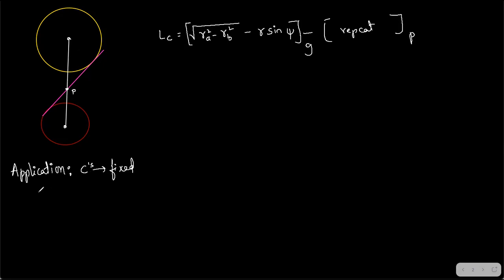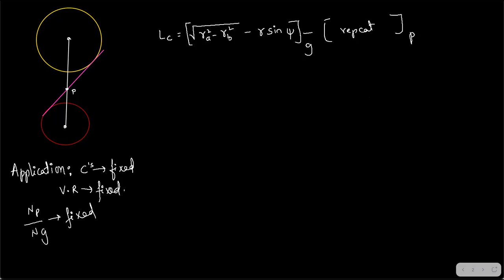And what else is fixed for a given application? Velocity ratio also is fixed. Angular velocity ratio and center to center distance will always be fixed. Remember that. It means N2 by N3, or N pinion by N gear, is fixed. Okay, speeds are fixed, center to center fixed. If those two are fixed, what is fixed in this?